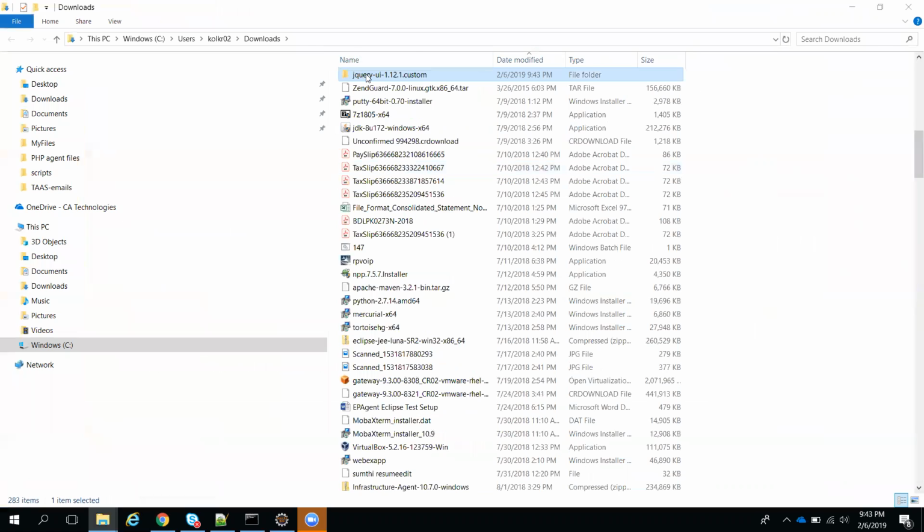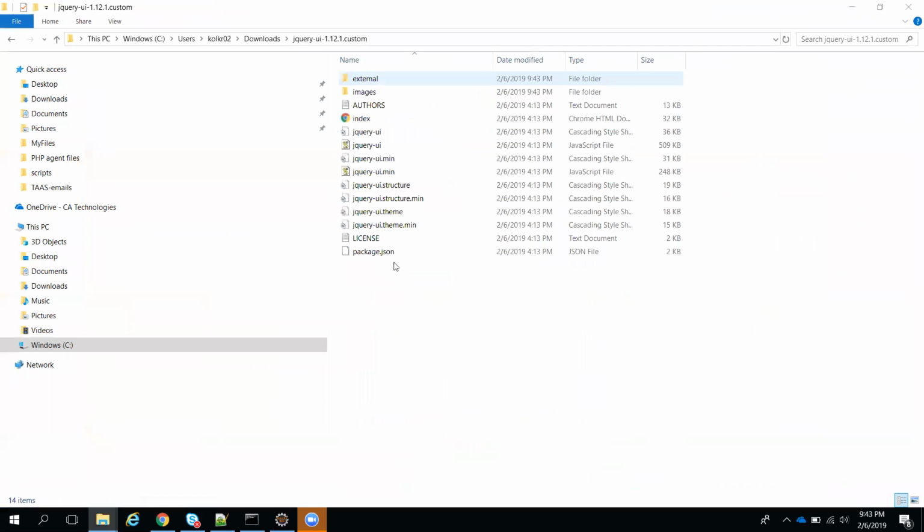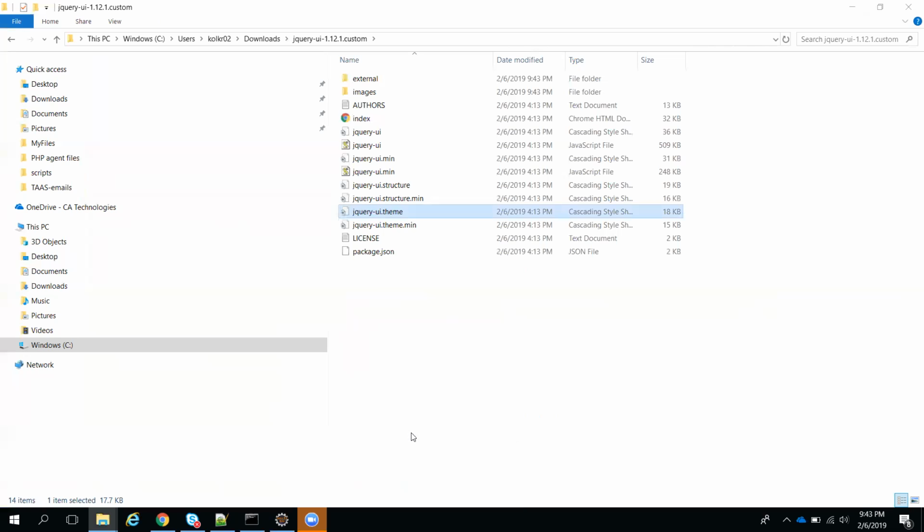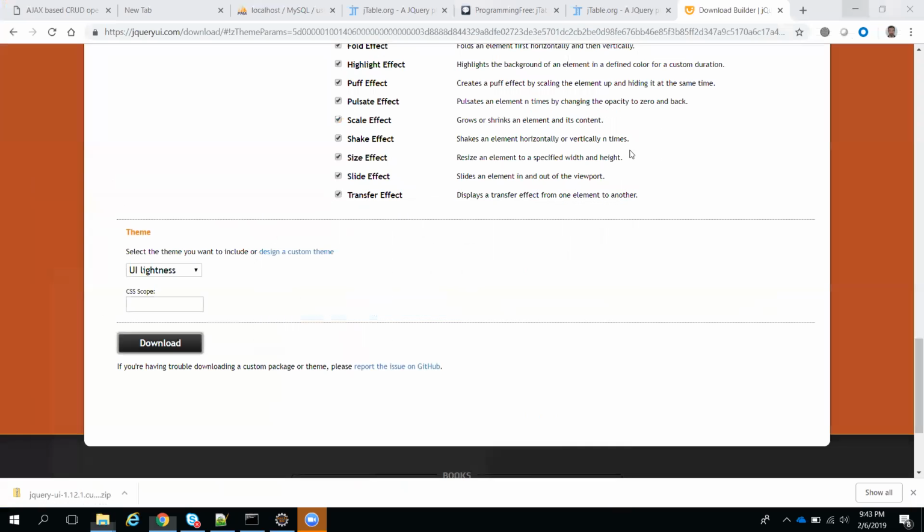Okay, this is the thing, right? We can copy here the jQuery UI CSS, something will be there. We need to copy that theme. There are different files, right? We need to paste it.